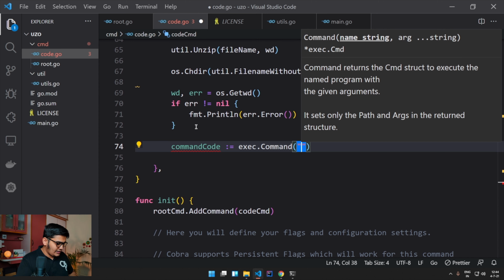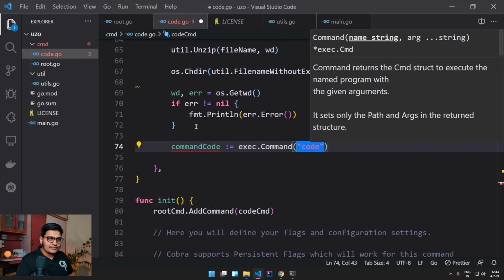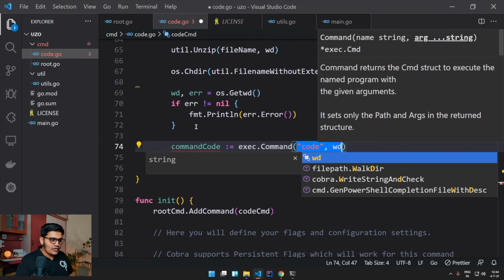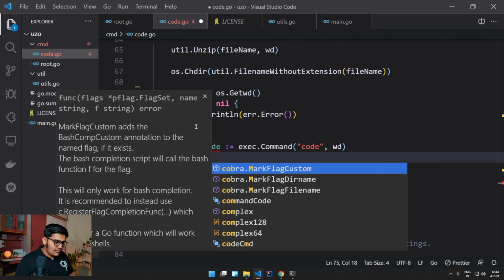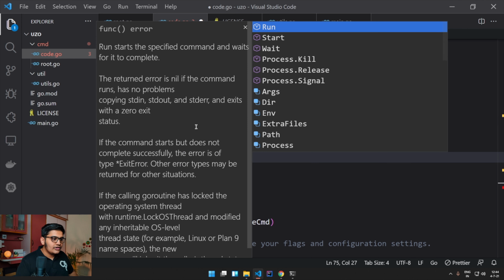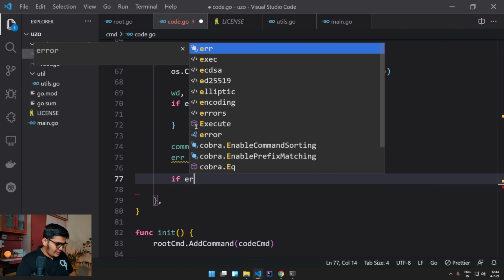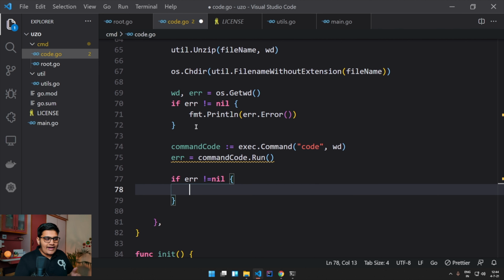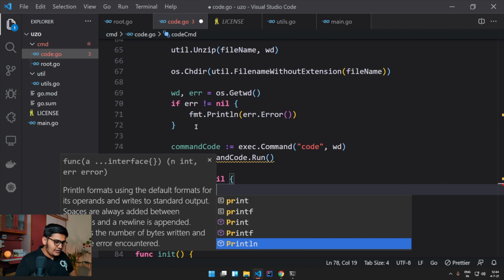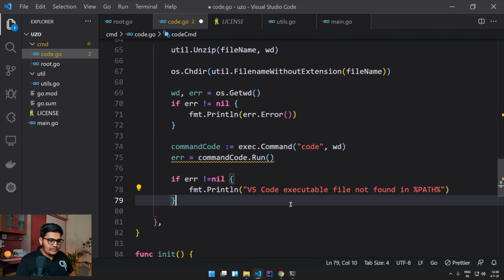So I need to execute the code command, and the argument is the working directory, and err equals command code dot Run. And if err not equals nil, that means this is a fatal operation.